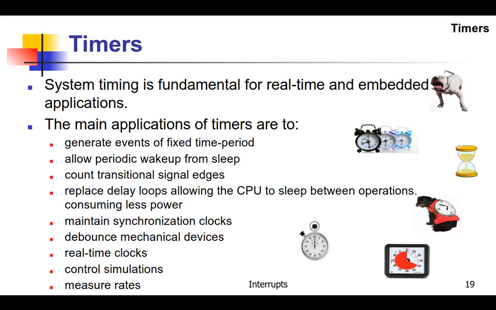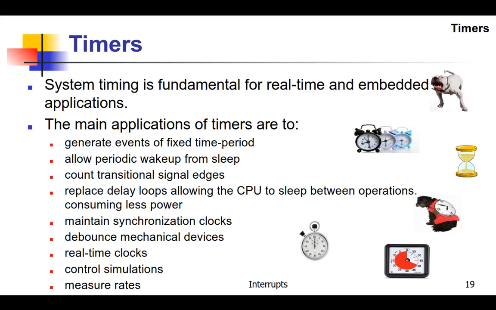System timing is a fundamental of real-time and embedded applications, and many applications require knowing the time. Main applications of timers are to generate events of a fixed time period, which can allow wake up from sleep, or count transitional signal edges, replace delay loops, allowing the CPU to sleep between operations so it consumes less power,